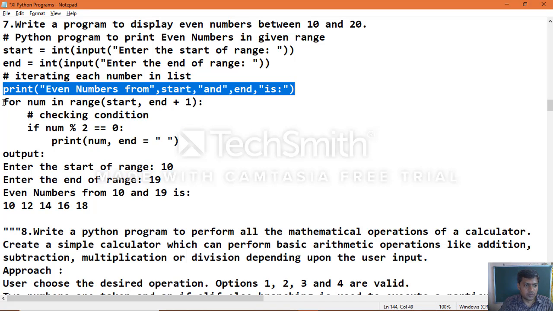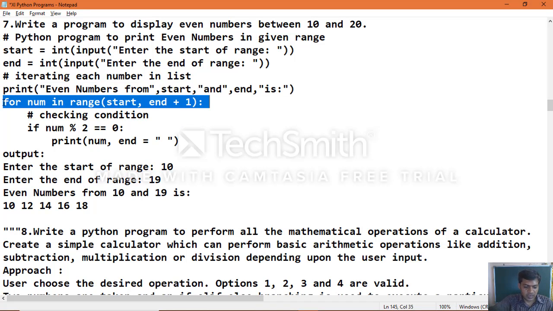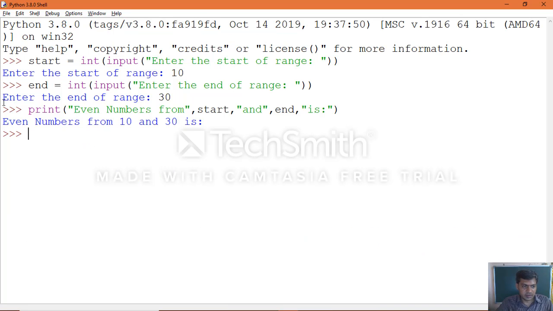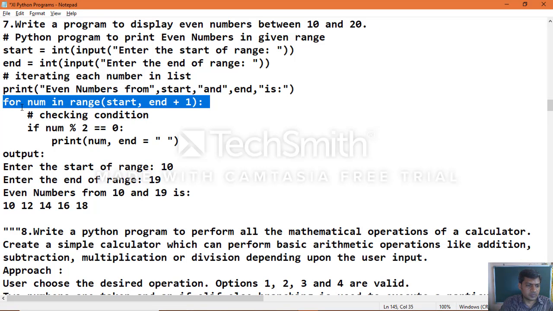Let's see this for loop. The earlier statement will not print anything. Now copy the for loop.